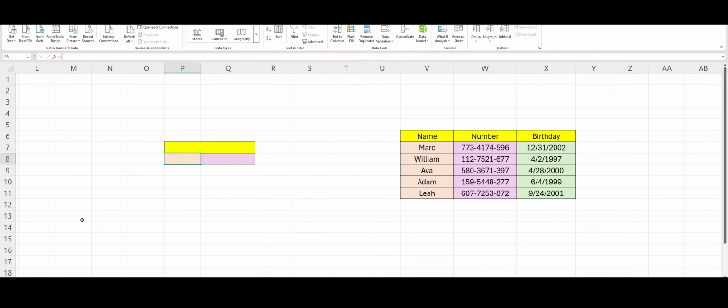Hello everyone, in this video I will be giving a lesson on how to use VLOOKUP in Excel. On the right here you can see that I have a table with names, numbers, and birthdays. On the left I have a little field here that I'm going to be turning into a search bar using